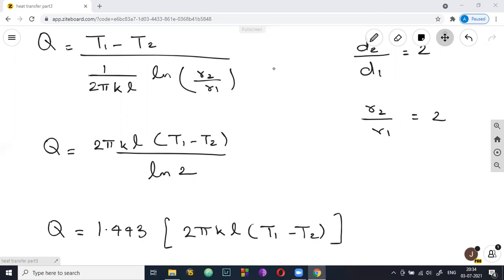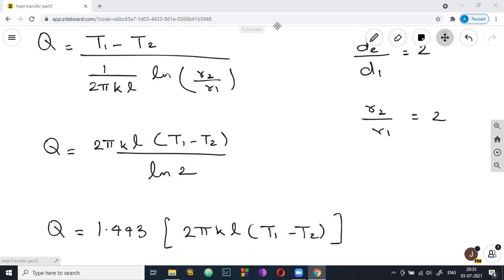Okay, so tomorrow's topic will be steady state heat transfer with internal heat generation and fins. The theory of those two topics I will be discussing in detail with all the proofs, sufficient for your GATE examination. Now remember, I won't be discussing the entire concept. I will be only discussing those topics that are necessary for your competitive exams. You don't have to go in depth in those topics.